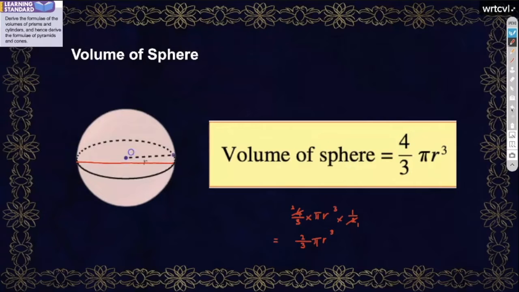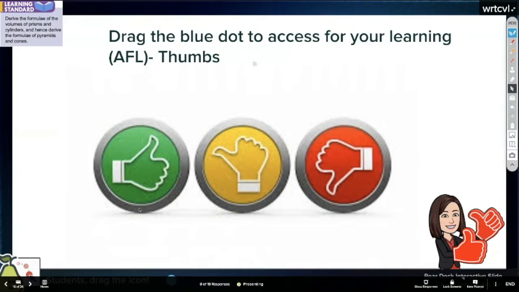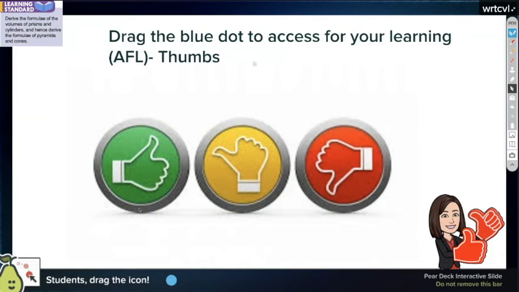So far, can everybody understand how we derive all the formulas for all the volumes? Okay, Pamitra cannot show the thumb, so you raise up a hand. Okay, Dania, good. Horizontal, Dania. Why horizontal? You cannot understand how to derive the formula, is it? Okay, so we go to the next one.